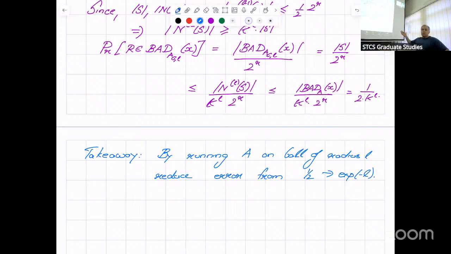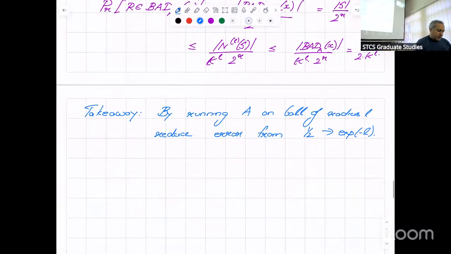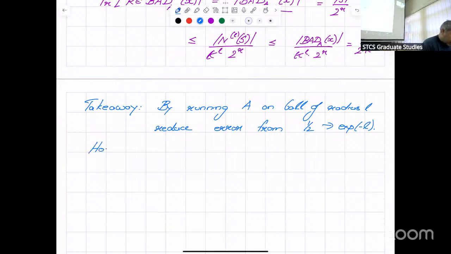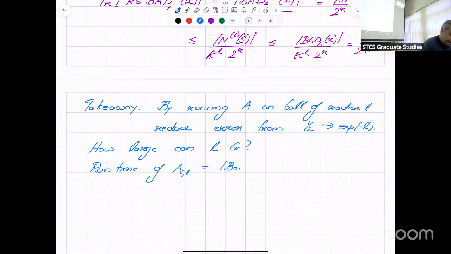Can I make L very large? That's the next question. We said that you still want the algorithm to run in poly time. So for that, let's look at the runtime. The question now is how large can L be? Let's look at the runtime of A_L. This is just the size of the ball times the runtime of A_G, and this quantity